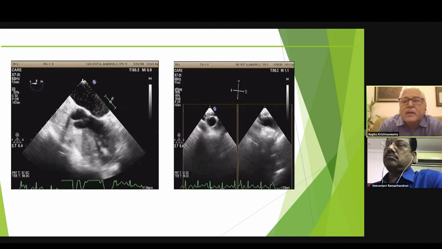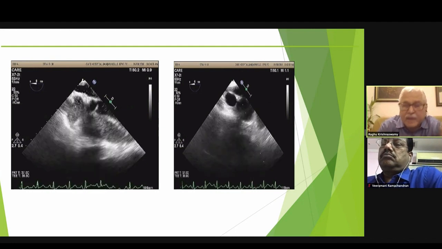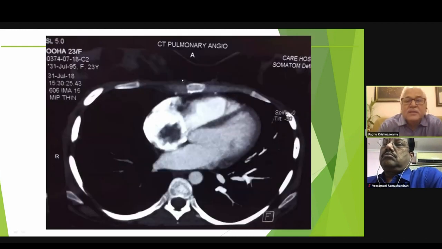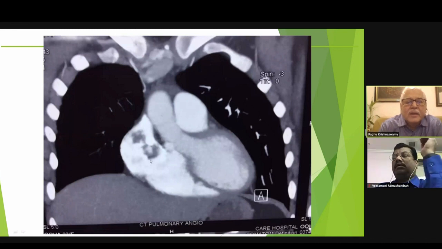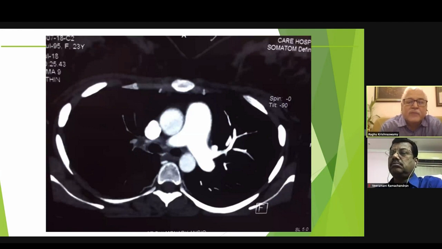So what you see here is that the pulmonary artery is quite clear in the main pulmonary artery and the proximal part of the right pulmonary artery. These are the CT pictures that show the large mass in the right atrium. It doesn't give us any clue as to what it is due to. You can just see that it's a lobulated mass. But as I mentioned earlier, unlike the transesophageal echo, you cannot really say where exactly it is arising from. You also see the pulmonary artery now coming into focus, and you see that the right pulmonary artery branches are getting cut off.